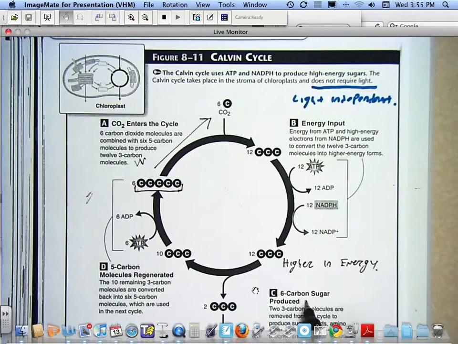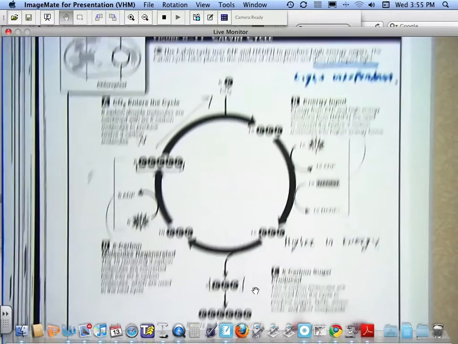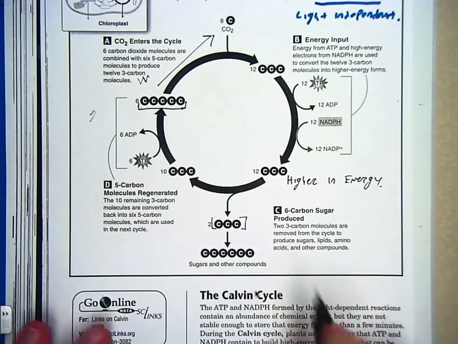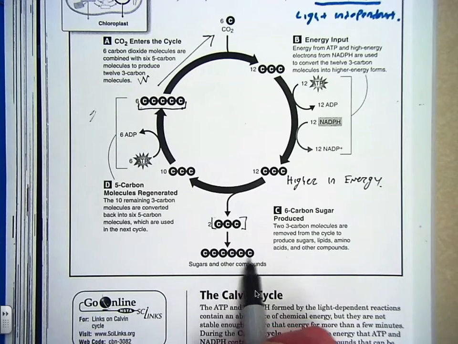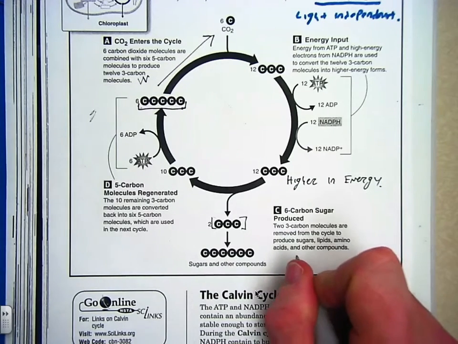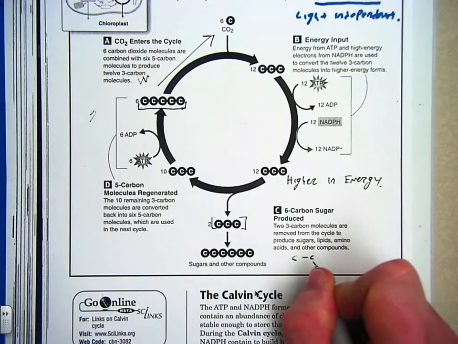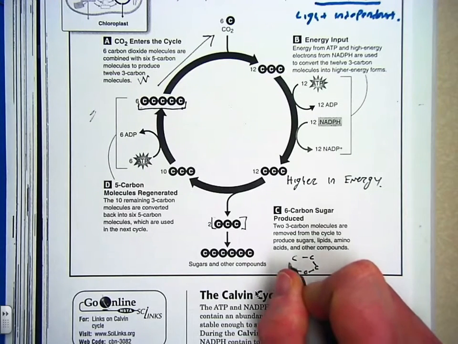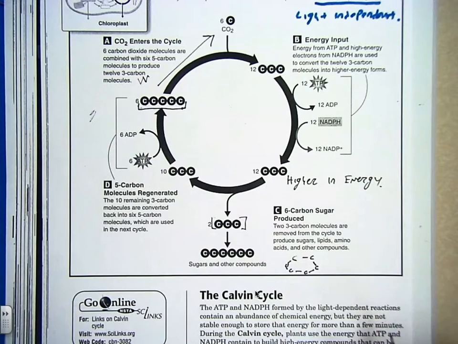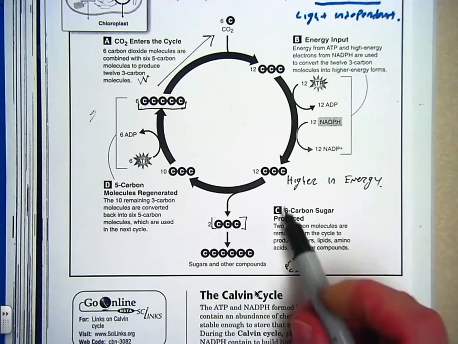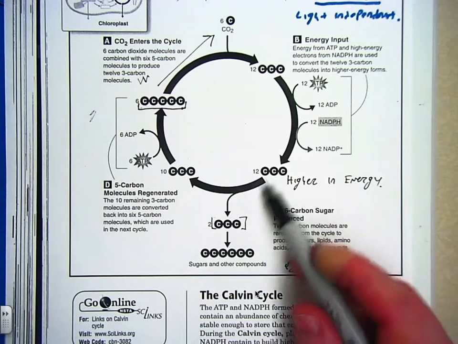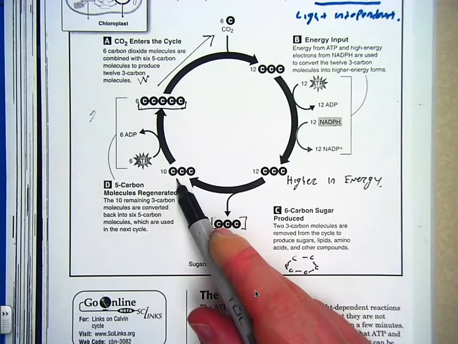6-carbon sugar is produced. Well, it says 2 of the 3-carbon molecules are removed from the cycle to produce sugars, lipids, and amino acids and other compounds. So 2 of the 3-carbon high-energy molecules are used to make 6-carbon sugars. 1, 2, 3, 4, 5, 6. What is a sugar, Mr. Worley? A sugar is basically a 6-carbon ring with hydrogens and oxygens attached. All right, so 12 minus 2, you have 10 high-energy